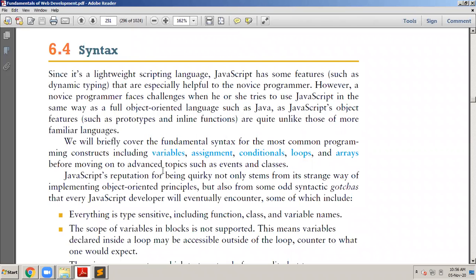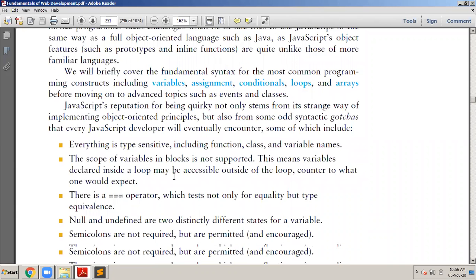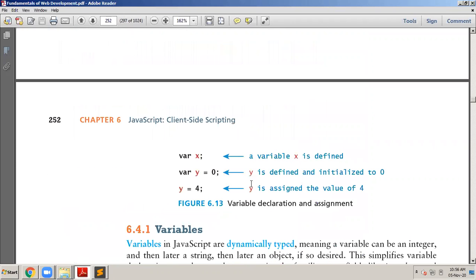Okay. First of all, any programming language you learn, you have to start with variables. First of all, let me tell you, in JavaScript, we don't have anything called a data type. We don't have something called int. We don't have anything called string. We don't have anything called float, Boolean. Remember, anything of that sort is not there in JavaScript. Now you don't have to get scared as to how to handle integers in JavaScript. Now remember,